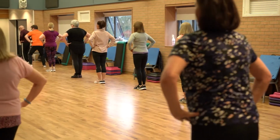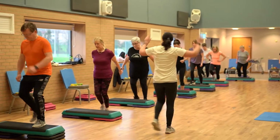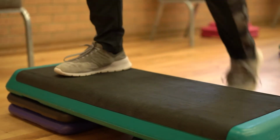Exercises make me feel very good, it makes me feel well, it keeps me going. I'm sure it's helping my body, because it keeps my weight down as well. That's the main thing. Biggest benefit I get from exercising is my breathing, my health, my welfare and my outlook